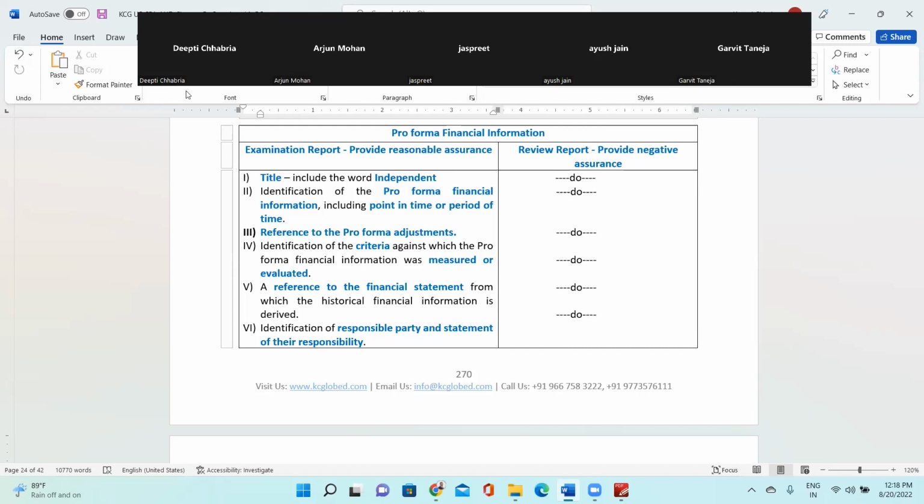What is negative assurance? Yeah, positive assurance is when the auditor is giving an assurance that the financials are free from any material misstatements. And negative assurance is when